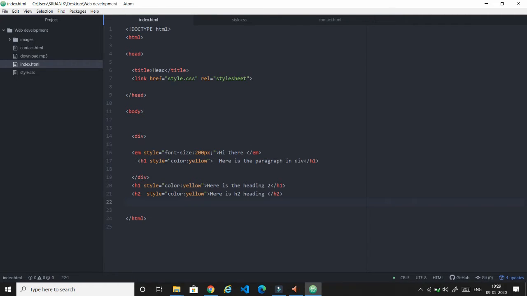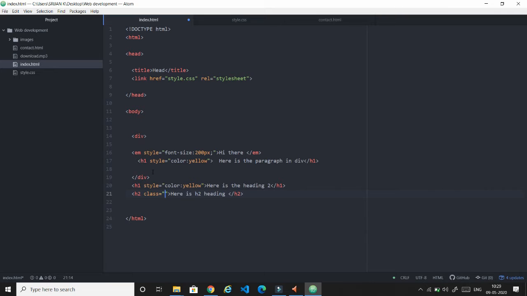Now I am going to remove this inline CSS and create a class here. In my previous video, while explaining the division tag, I explained about class and ID, so I am just briefing about class and ID. A class means whatever elements have a similar property can come under the class.